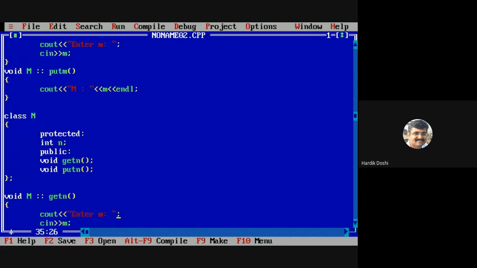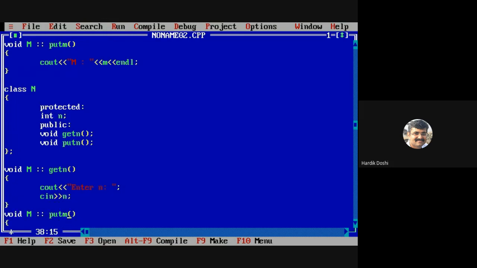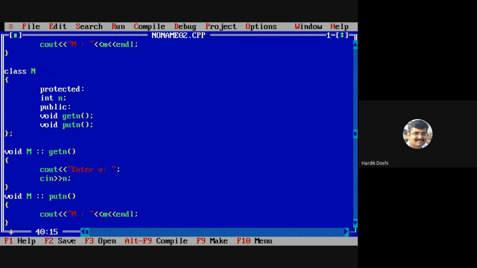Here, enter n, cin n, put n. N is equal to n. Sorry, class name void N. Is it fine? Still, there is no inheritance.